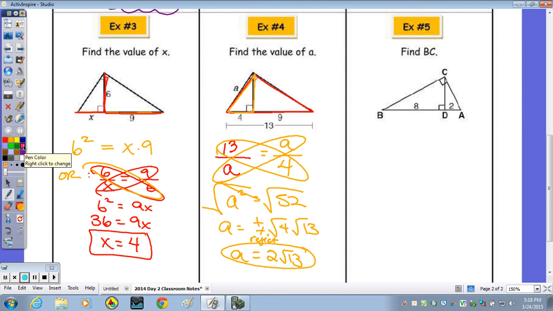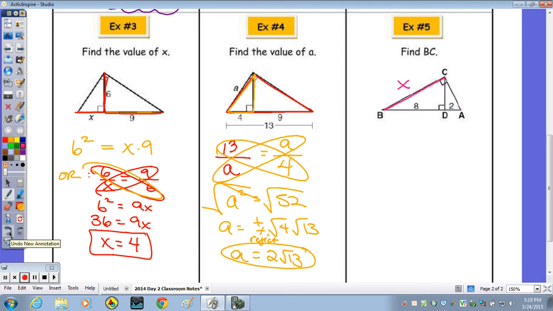Last one. We're going to find the length of BC. So I'm going to call BC x. Now, I don't have the hypotenuse. I'm missing the hypotenuse. I'm also missing the other leg of the largest triangle. So I'm not looking at that triangle. I'm looking at the two triangles within. So within these triangles, if it's hard for you to know hypotenuse, oh, actually, I take that back. And looking at this triangle, I didn't have a leg or a hypotenuse either. So we are actually going to use